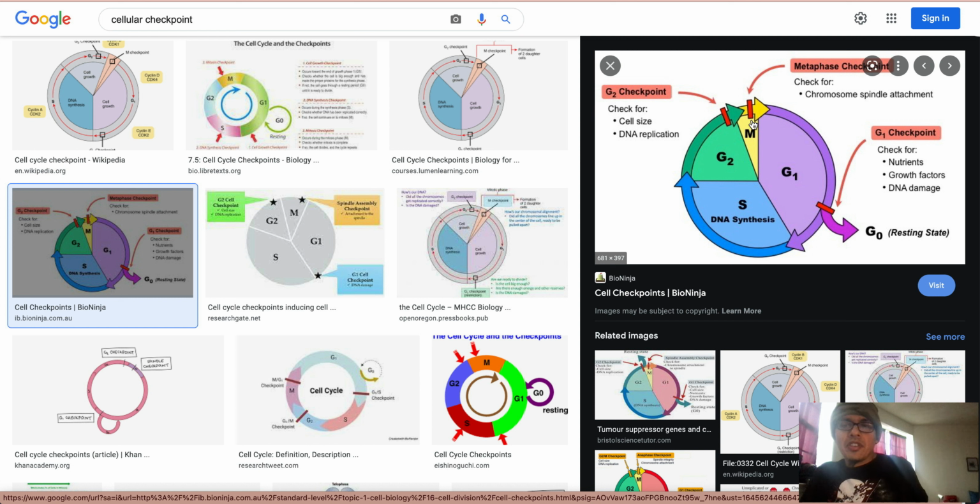At the G2 checkpoint, we check for cell size and DNA replication to make sure the DNA replicated right before going into mitosis. I'm just mentioning this because I'm going to go into telophase next, obviously, but at the G2, there is the G2 checkpoint before mitosis, to make sure that mitosis can occur.